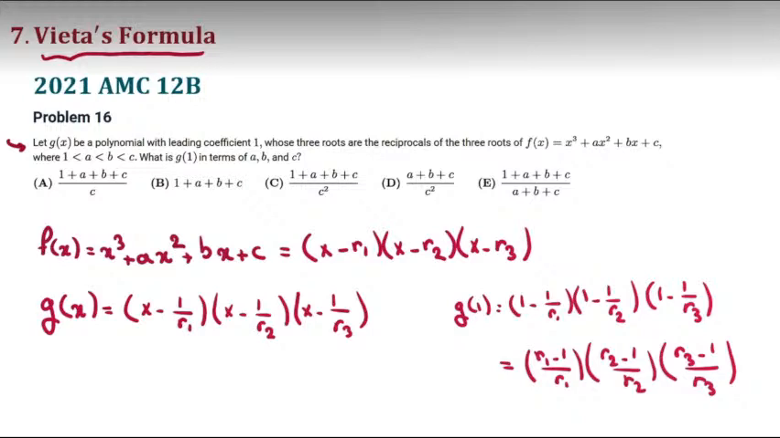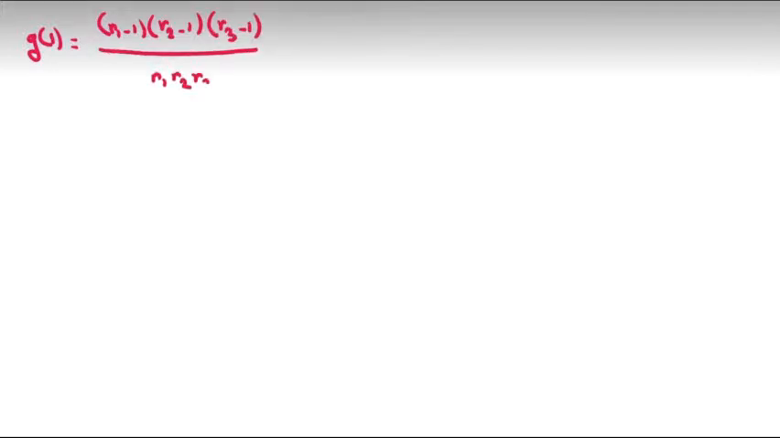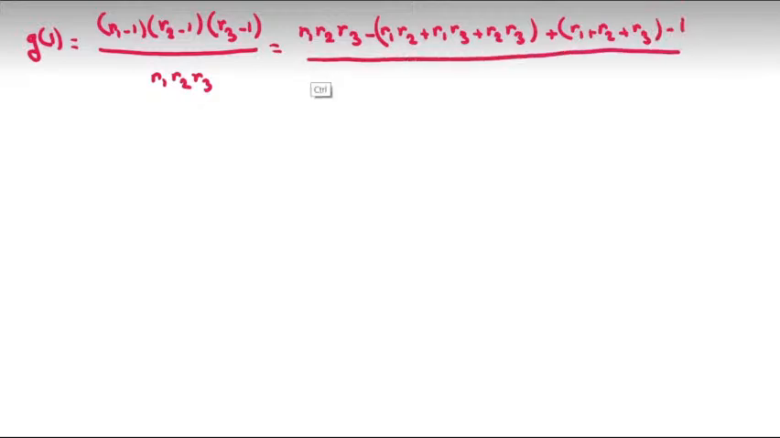And we want to calculate this. So let's simplify. If we simplify, g of 1 will be (r1 minus 1)(r2 minus 1)(r3 minus 1) over r1 r2 r3. The numerator will be r1 r2 r3 minus r1 r2 plus r1 r3 plus r2 r3 plus r1 plus r2 plus r3 minus 1, all over